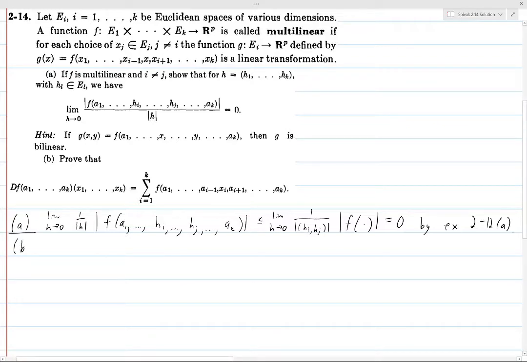All right, so now B is prove this formula for the derivative. So let's see, how are we going to do this? First of all, in part A, notice that the a_k's can be anything. And that's useful because here we're going to use some of them to be 0 in part of this. So basically part B, we need to show that this sum from i equals 1 to k of f of blah, blah, blah, satisfies the condition that the derivative needs to satisfy. Namely that the limit as h goes to 0 of 1 over the norm of h times the norm of blah, blah, blah. So before going into that,